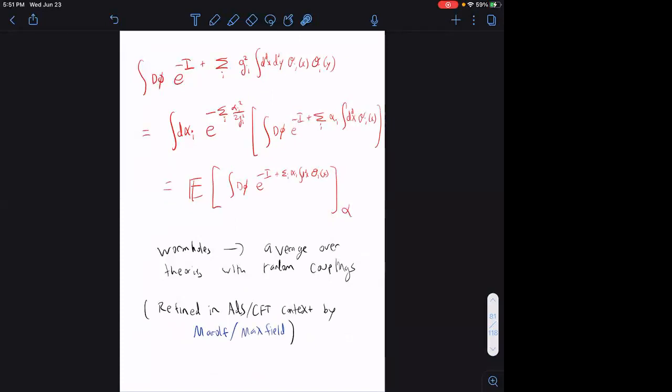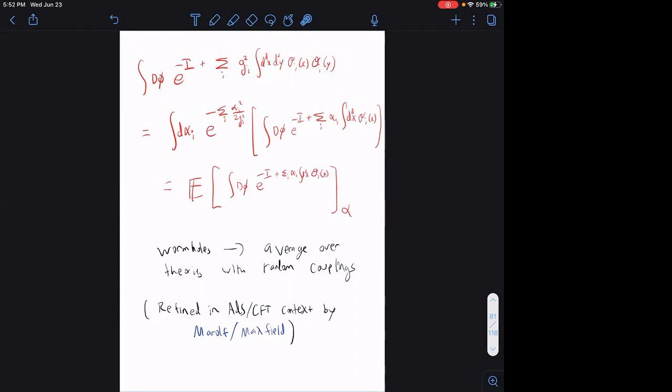Okay, so we can take the path integral for the theory with this funny bilocal term induced by the wormholes, and we can write it in this way. We're going to undo this square by introducing some variables, just some random numbers alpha I, which we integrate over with a Gaussian weight. So if we do this Gaussian, we have an alpha I squared, and we have this term here, which is a local coupling for O_I with a term proportional to alpha I here. So if we do this Gaussian integral over alpha I, we complete the square, we end up back with this